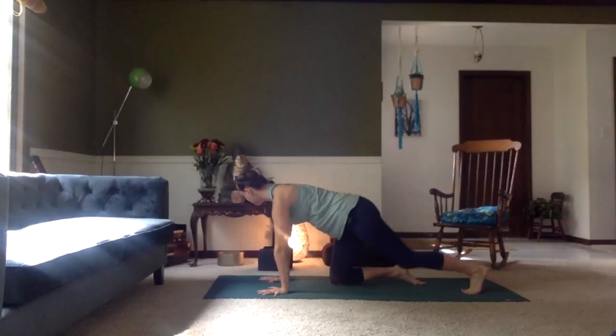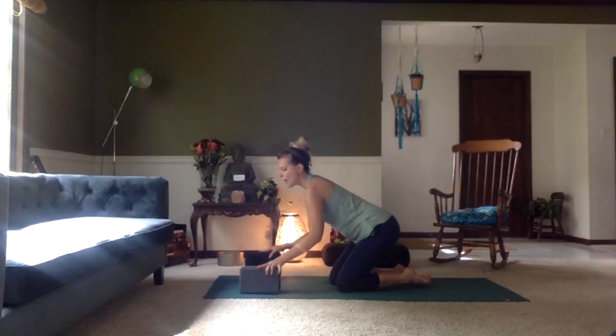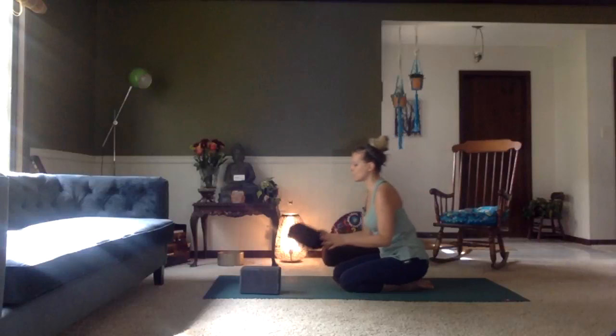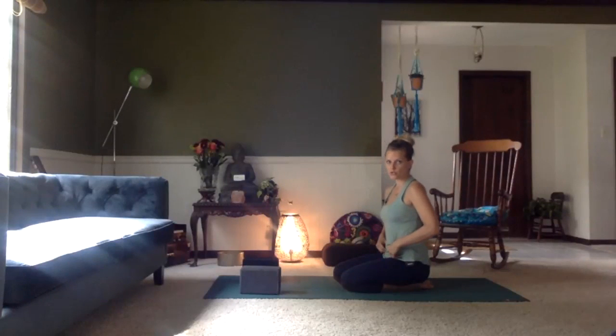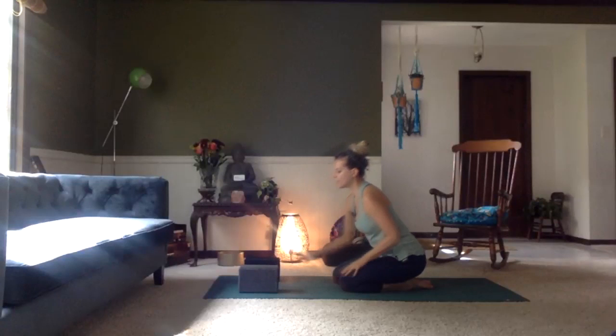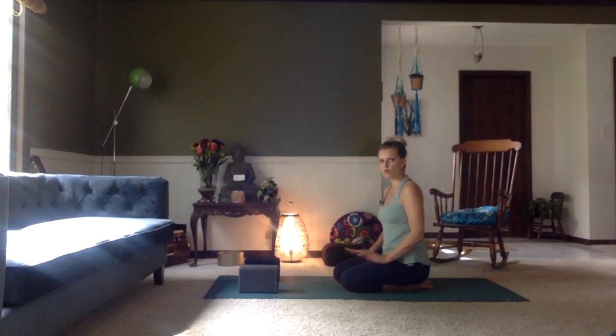Now come down to the hands and knees for a moment and then just sit back. If you have blocks, I would recommend grabbing those. If you don't, that's okay. You can just watch. And then next time you're at a yoga studio or you have blocks, then you can try this. All right. So a great thing that you can do to see if you're in alignment for Chaturanga